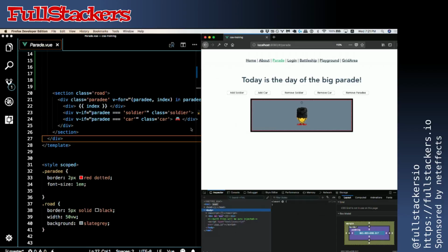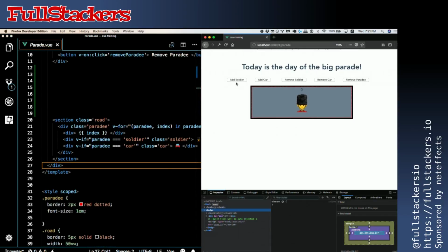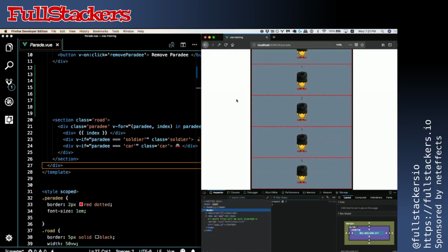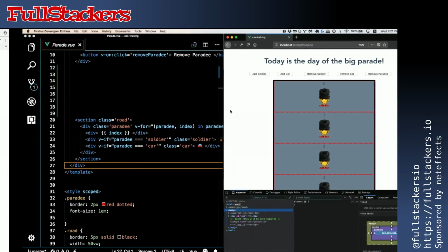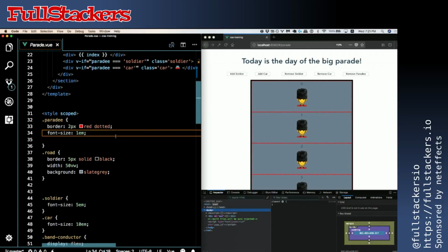So normally, without any styling, if you add paradees to your marching band, they'll just march in line. And that's not really an efficient use of space, right? So you want them to march in rows. So in order to fix that, you're going to give each paradee